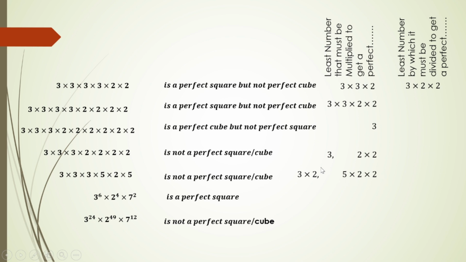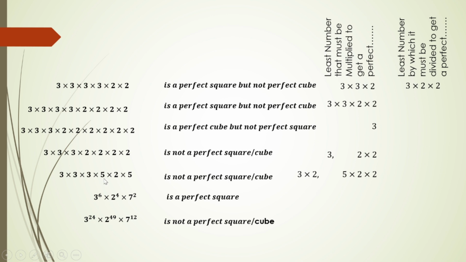I'm just saying it's the least number. If, instead of 6, you multiply it by 24, even then you will get a perfect square. 3 into 2 is needed, but along with 6, if we supply 4 also, it won't hinder, because 4 is a perfect square itself. I suppose you're getting me. So 6 is the least number by which this should be multiplied to get a perfect square, and 24 is